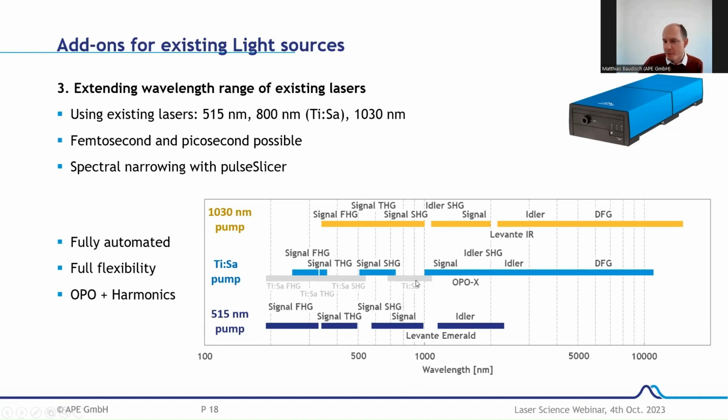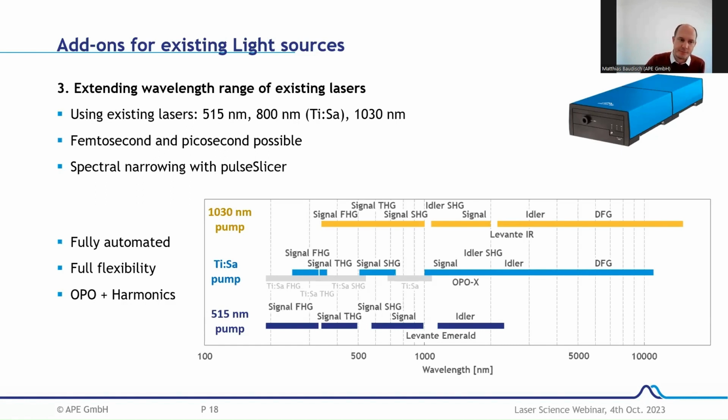But by using an optical parametric oscillator, you're now also able, with a signal beam, for example, to access the IR. So to access 1,000 nanometer up to 2,000 nanometer. And further, if you go to ITLA, DFG. So this means instantly you extend your usable range from the visible, the NIR range with the sapphire, to the IR, which is especially interesting for quantum dot research, since, as I said before, in the IR, like around 1550 nanometer and so on, there are a lot of interesting telecom bands,